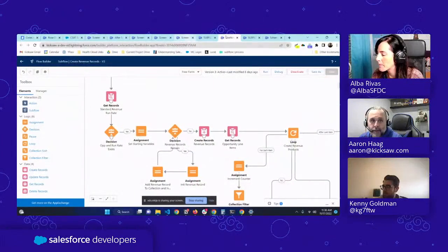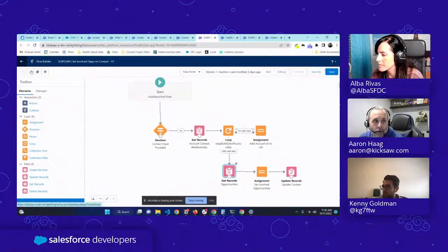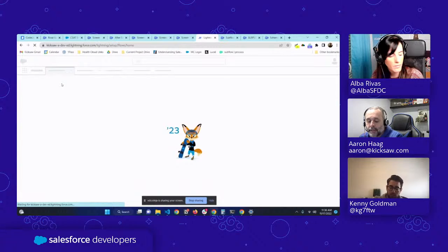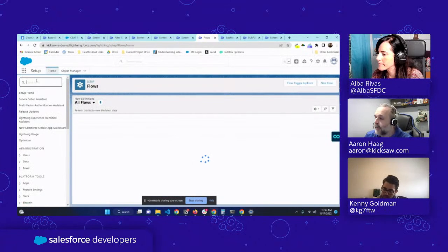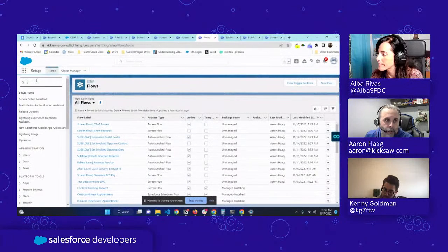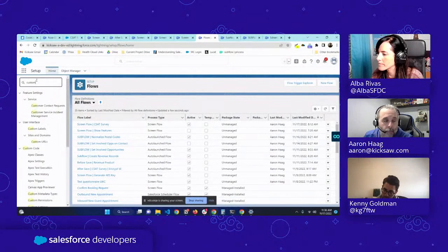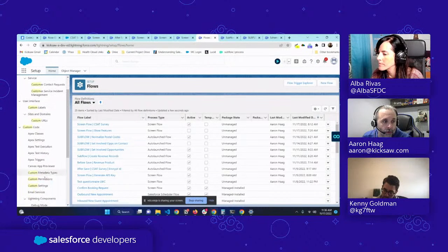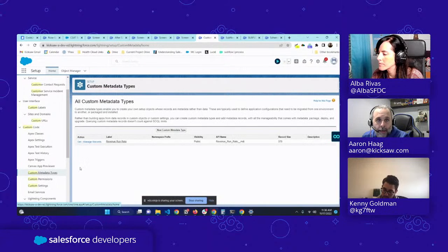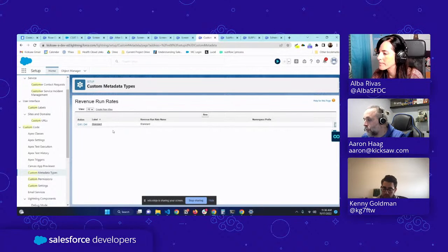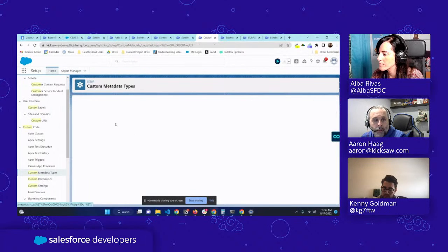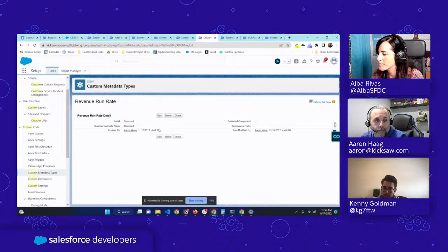But I think the use of custom metadata is interesting. I can show the custom metadata type that we set. And actually, I think it's an interesting design decision for a custom metadata type. One way to do this would be to create a custom metadata type with two fields, like a run rate and a number. But we knew that we were going to need to do this in Flow and not code. So I didn't want to need to loop through a bunch of records, and I didn't want to have multiple queries for all of the months of run rate. So instead,